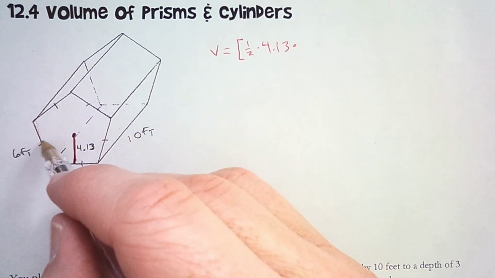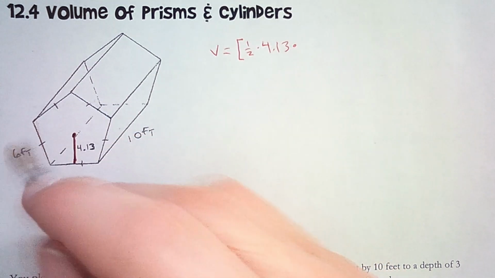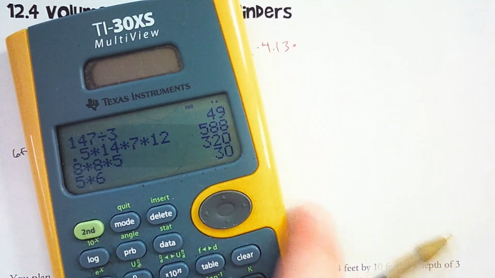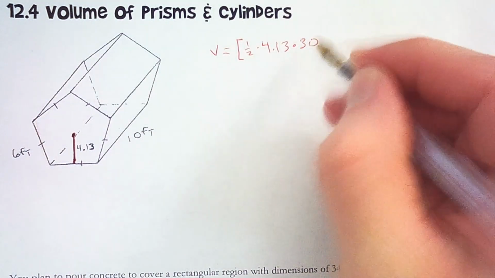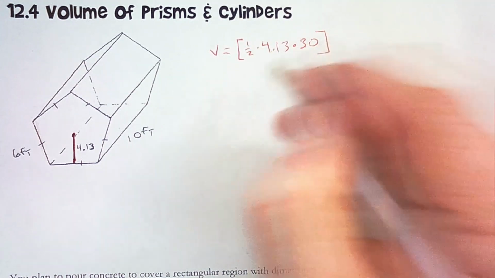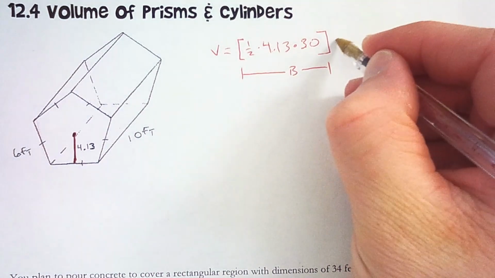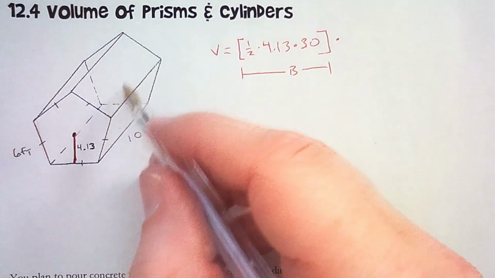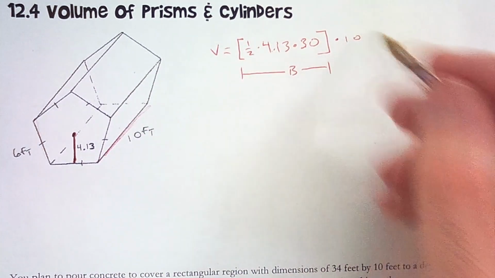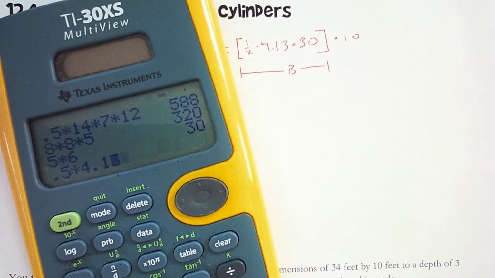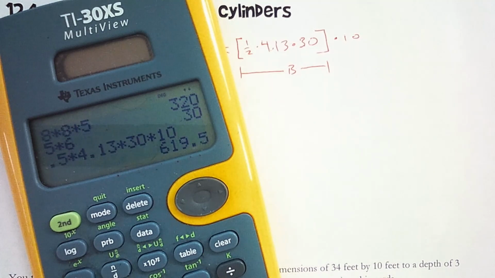Now this is a pentagon, so it has 5 sides. They're all the same, and each side is 6 feet. So for the perimeter, 5 times 6 is 30. So there's half times apothem times perimeter. That is the area of the base. Now we multiply that by the height, which is the distance between the two pentagonal bases, and that is 10. So half times 4.13 times 30, that's half apothem times perimeter, times the height of the prism, which is 10,